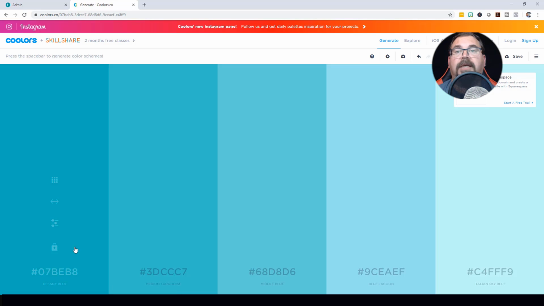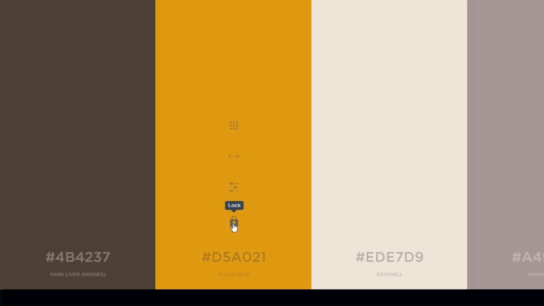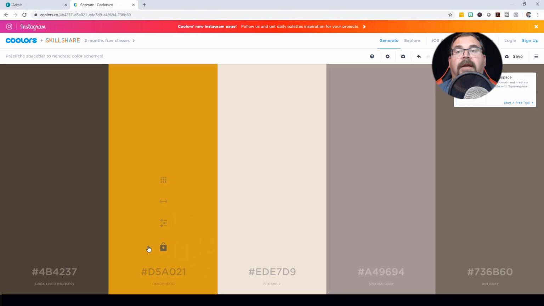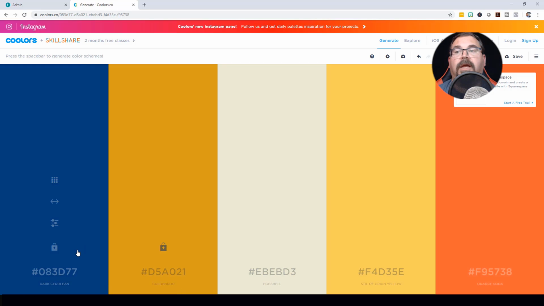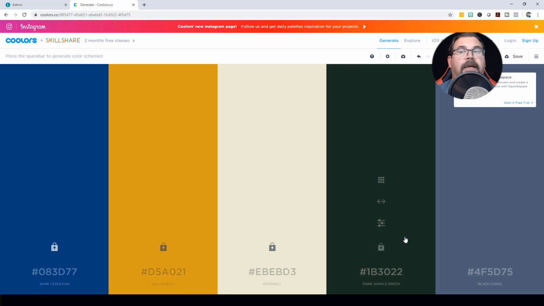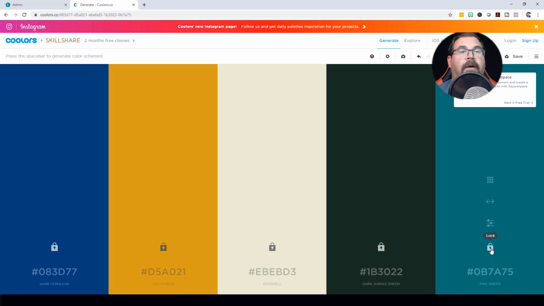As you hit the space bar, it's generating new colors. Once you come across a color that you like, for example this gold, I can lock it. And if I keep hitting the space bar, it changes all the other colors to ones that are within the same hue or the complementary colors. So I'm going to lock that one, and I'm going to lock this one, and I'm just going to keep generating. I like that. I'm going to lock that one down,